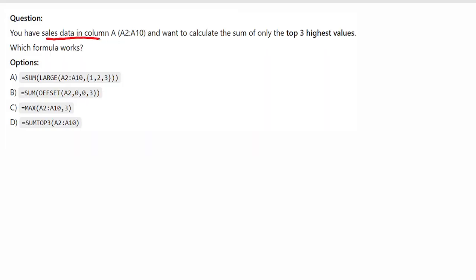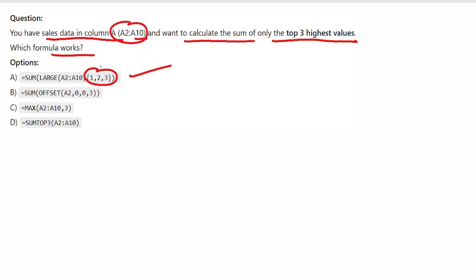You have sales data in column A2 to A10, and want to calculate the sum of only the top three highest values. Which formula works? So the formula that works for the top three highest values is option number A, that is equal to SUM(LARGE(A2:A10,{1,2,3})), because 1, 2, 3 is used for the top three highest values. The LARGE function returns the nth largest value, here 1, 2, 3.